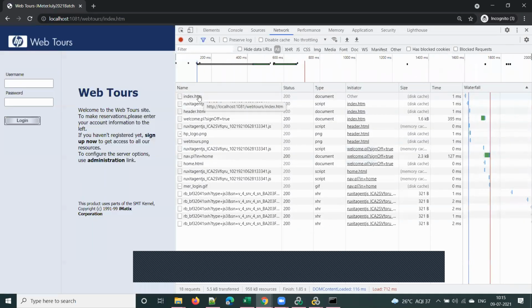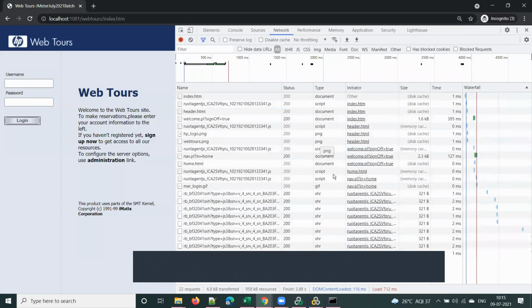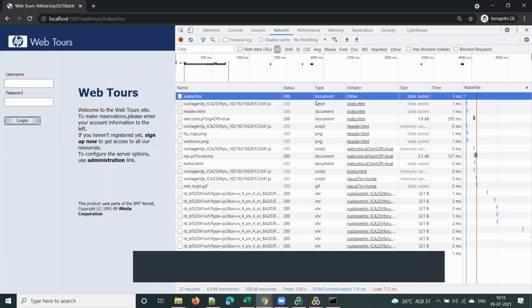Observe here, it is showing all the sub requests and it is showing the response code, right? We'll discuss response codes soon. So this is nothing but your response code. 200 means OK, means this request is processed successfully. If you are able to get some page successfully, you get this response code as 200, right? And it will show you the type of document. So this is the HTML document, that's why you see the type as document.